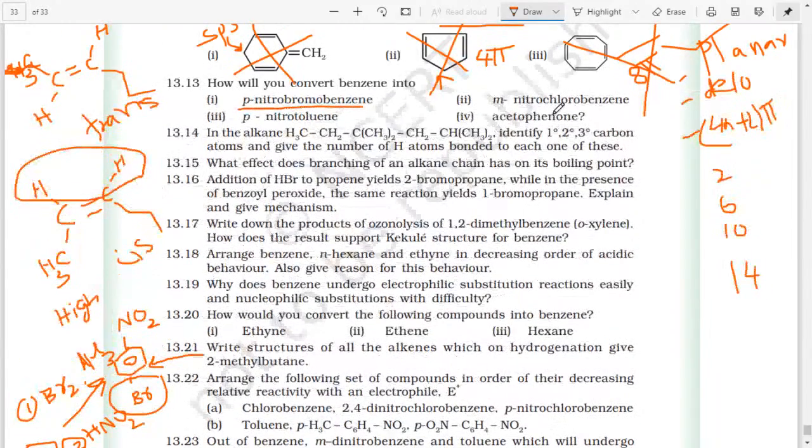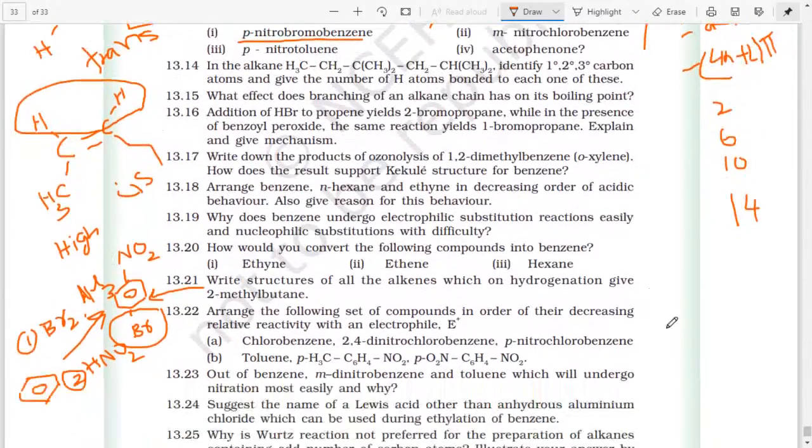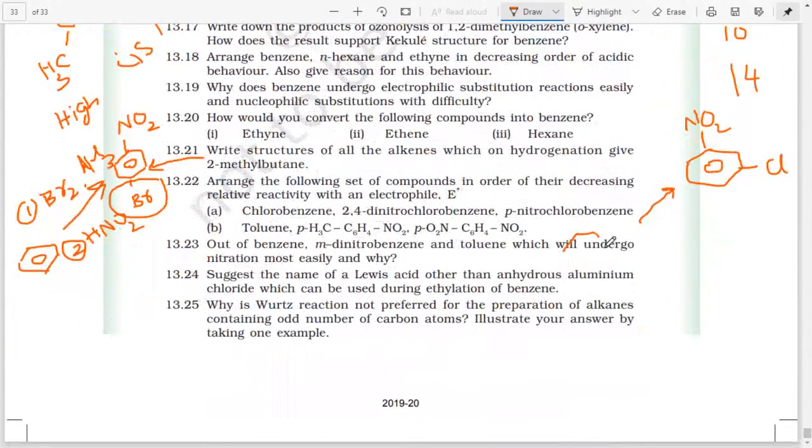Then meta nitro chlorobenzene. Now what will you do if you want meta nitro chlorobenzene? So this time it is the meta position. That means you have to take nitrobenzene, then do the chlorination, because if I take chlorobenzene and do nitration, it is going to give para, similar to the first example. It is meta nitro. If I need meta chloronitrobenzene, take benzene